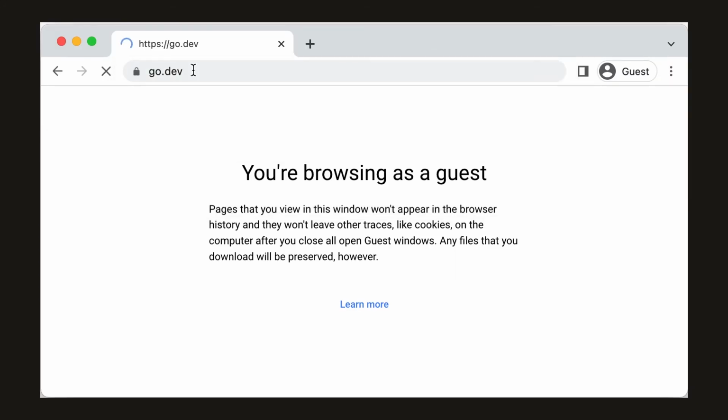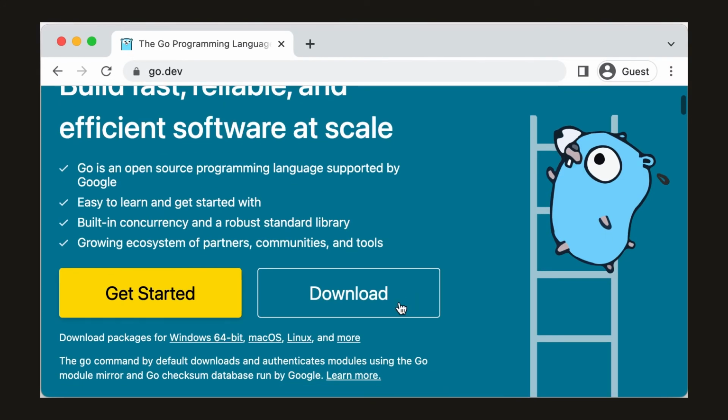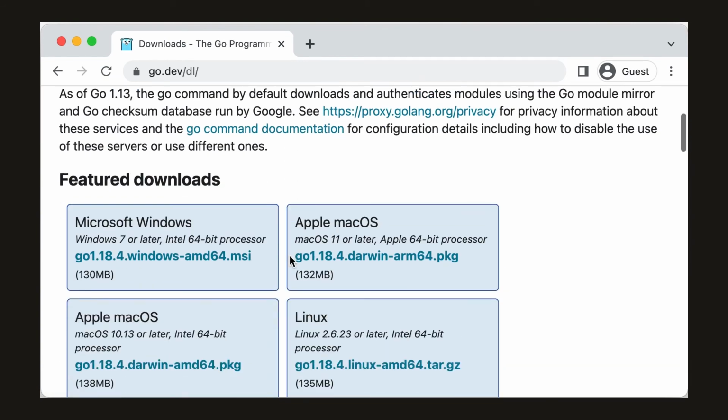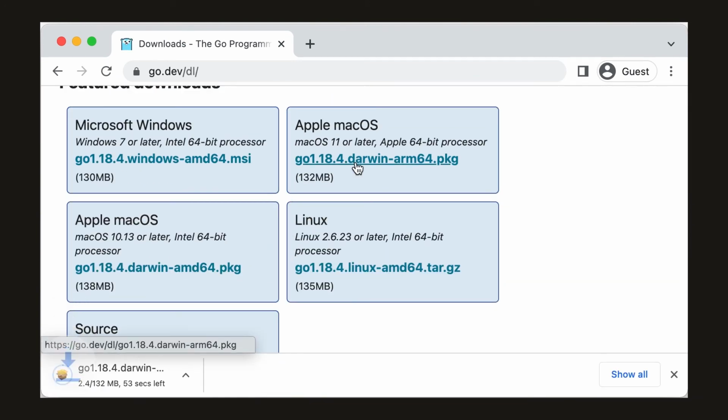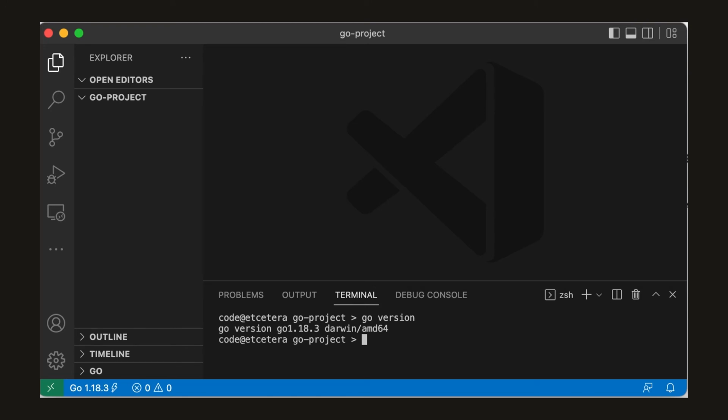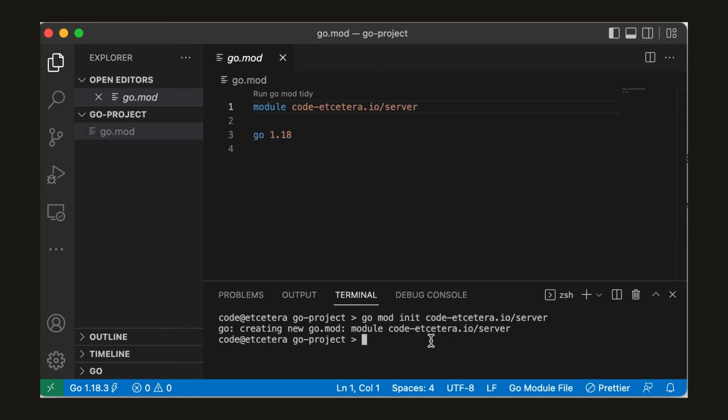To start with Go, simply go on their official website, go to the download section and choose the installer for your operating system. Download it and then execute the installer. Once you've done that, write go version in the terminal to make sure your Go is correctly installed. Then create a new module and give it a name. It will create a mod file where you can see your module name, the Go version you are using, and the dependencies you might install in the future.